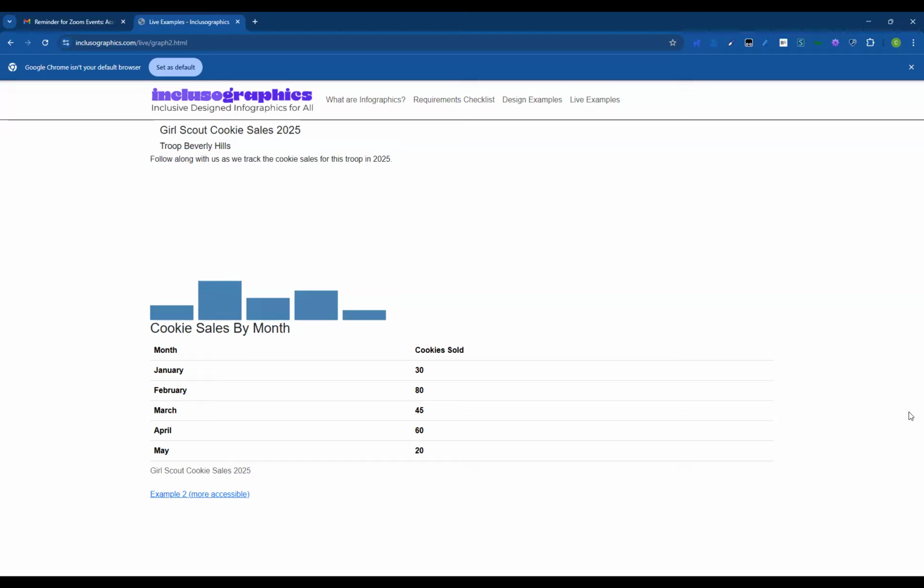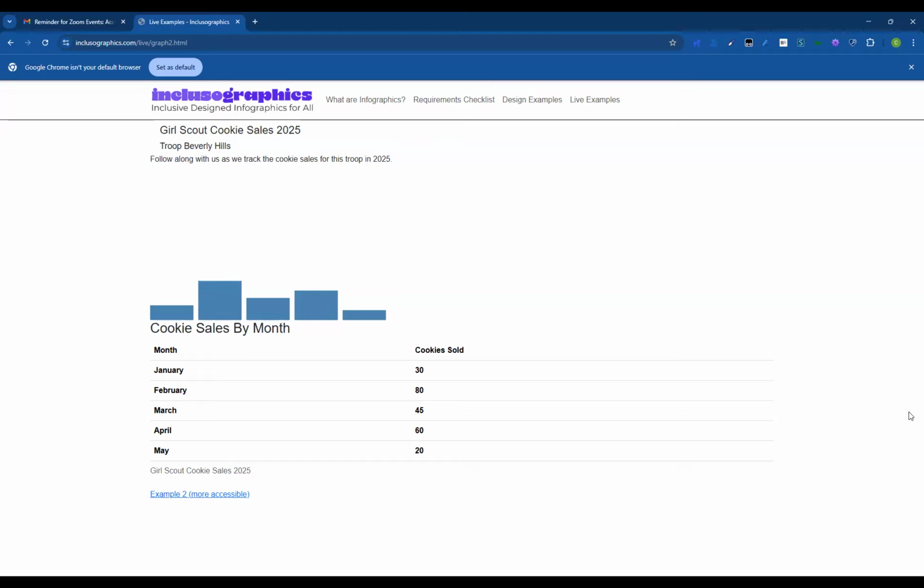I want to caution people against putting in a table after a chart. You should be explicit that this table is the same data as the chart, because otherwise you're like, oh, this is very similar data to the stuff above. If you have a version of a chart that is itself accessible, you don't need a data table because you can navigate through it in the same way that you can a data table. We also provide an option to say, if you want to see this as a table, show it as a table instead. But don't duplicate the thing and not say that it's a duplicate, because otherwise that's cognitive load. Right.